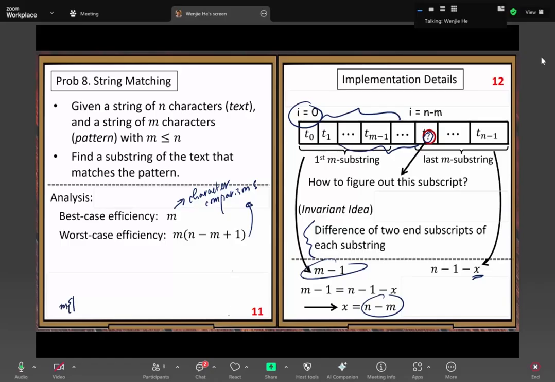This is the worst case, M times that number, and all the other cases' comparisons are distributed linearly between, meaning 2M, 3M. So if your cases are distributed linearly between best case and worst case, like that,